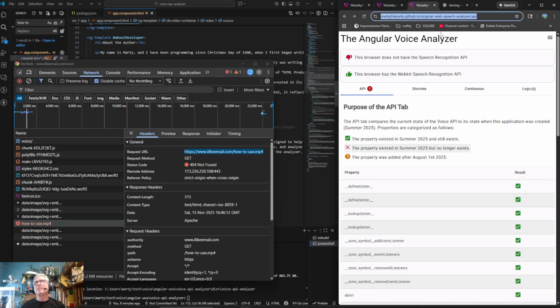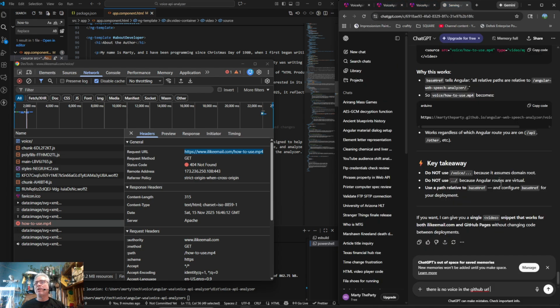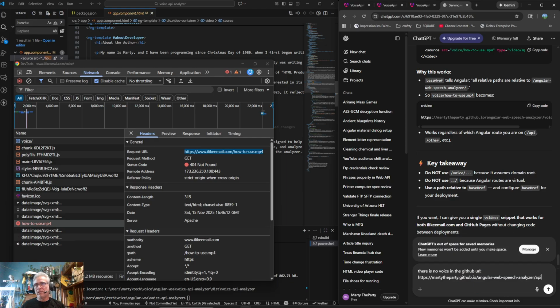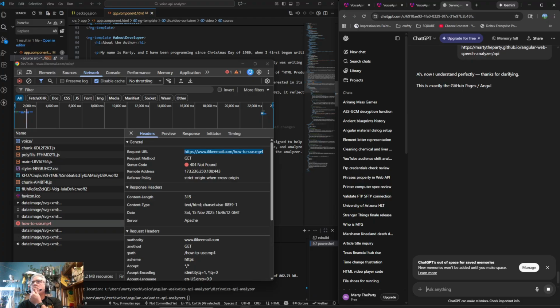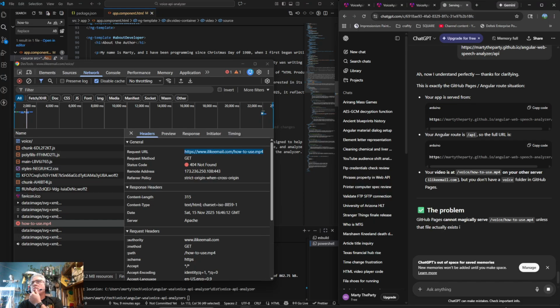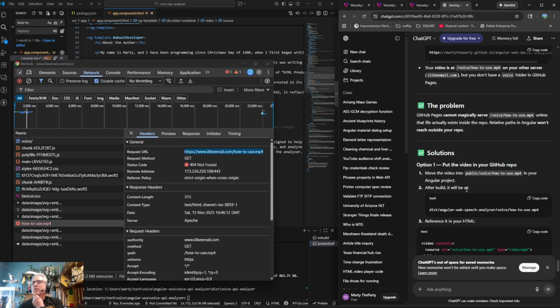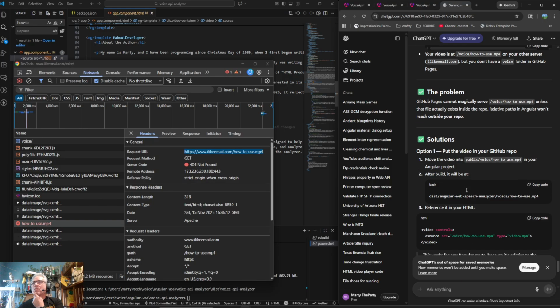Golly. Sometimes you get into these really weird things where I just don't know what to think. Now, I said this is exactly the GitHub page is saying the route situation. Won't work.